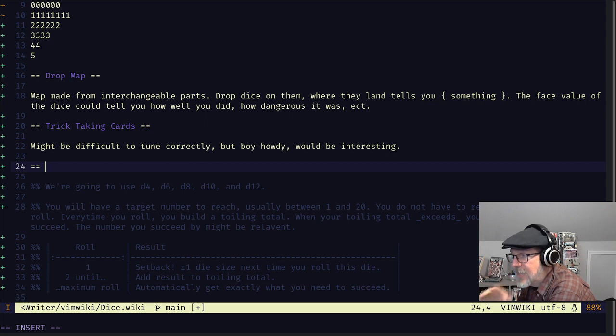I like how Castle Falkenstein did their duels. I'm trying to remember exactly how it works, but you'd have some cards that represented an attack and some cards representing a defense and then some cards representing a rest.